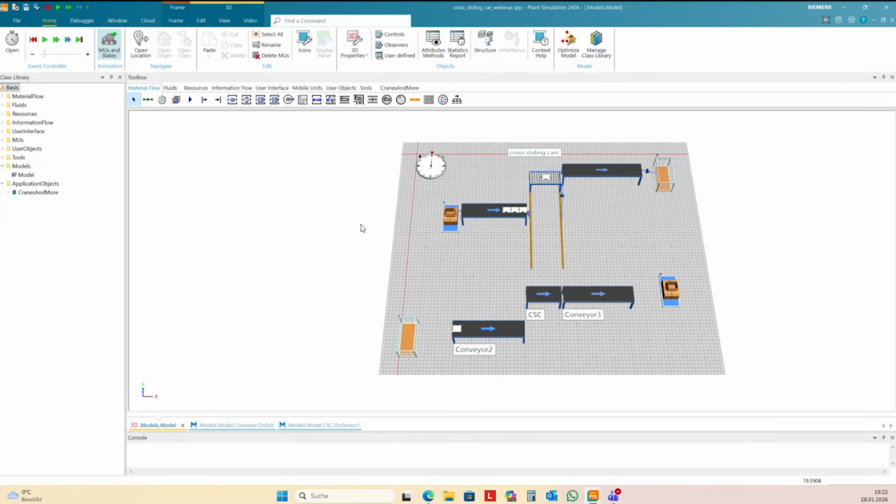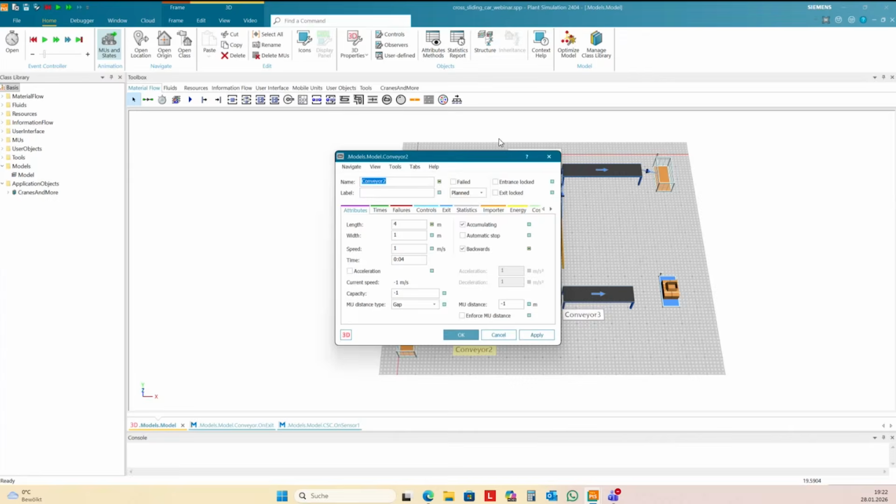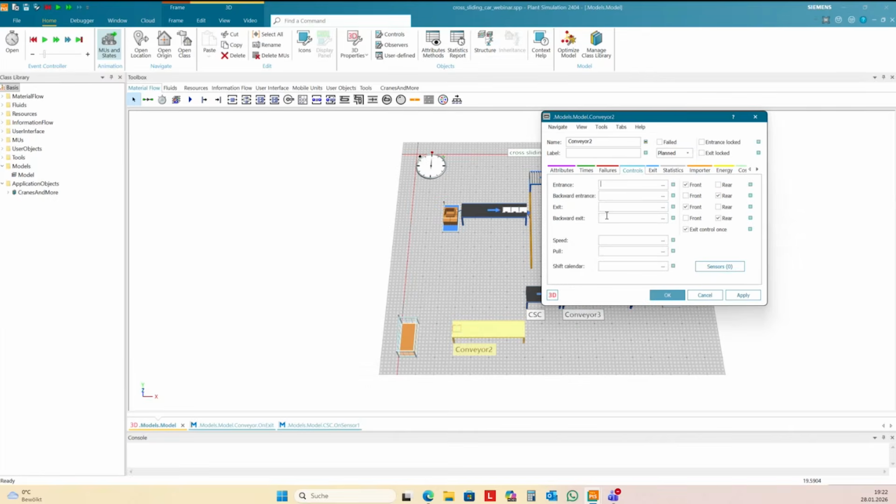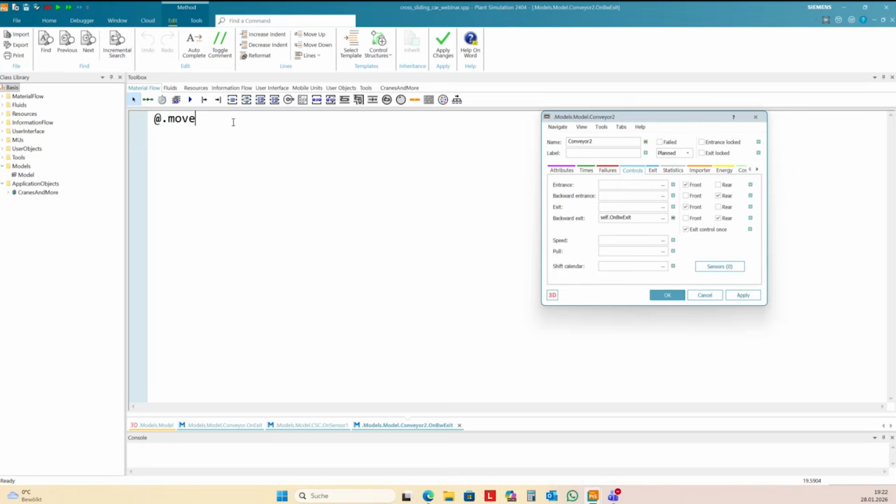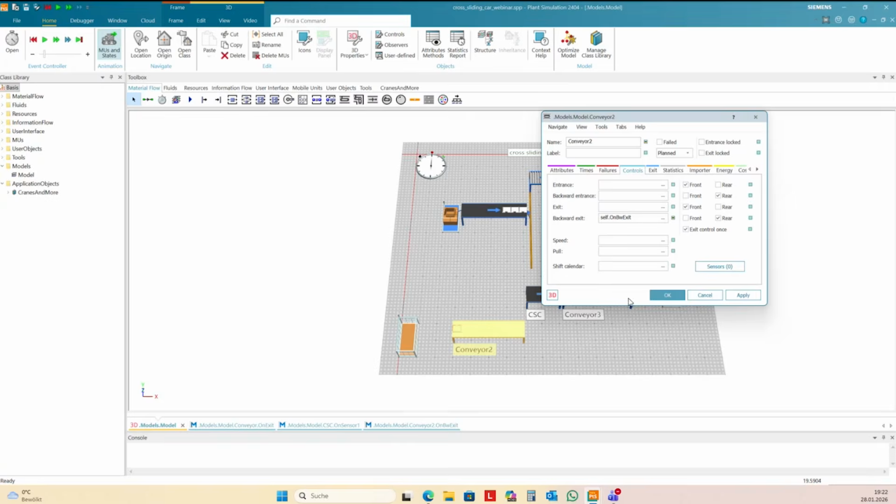So, and now we need to move the part here and the backward exit control to the drain. Controls, backward exit. I guess it's drain 1. Yes.